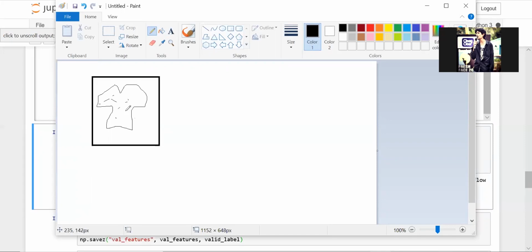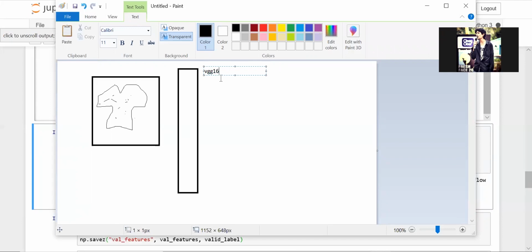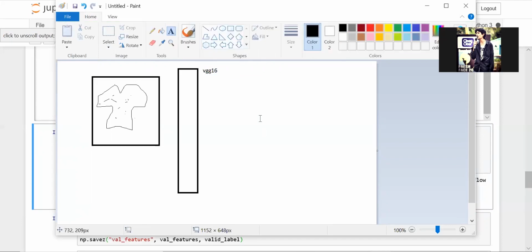What happens is when you pass it to the VGG16 model, it's not a classification model which outputs a label, like how you have random forest, support vector machines and machine learning.